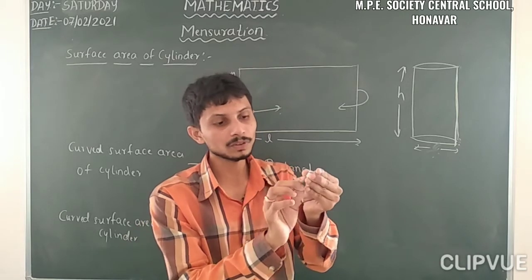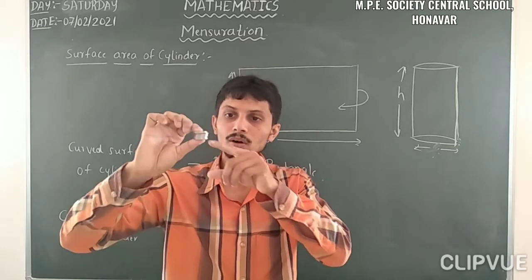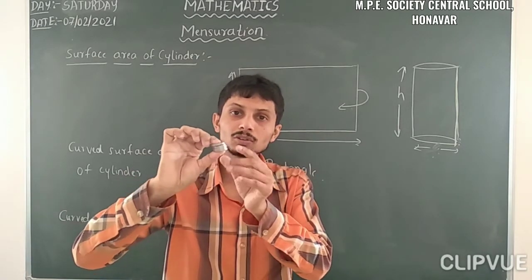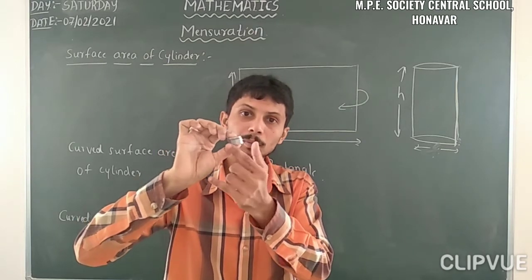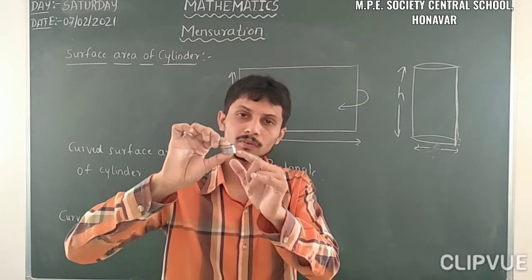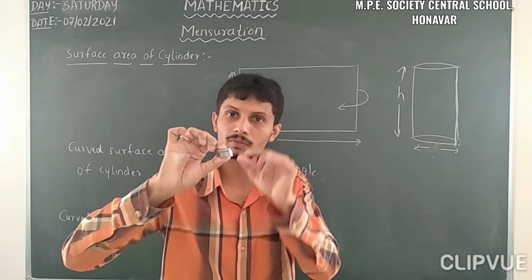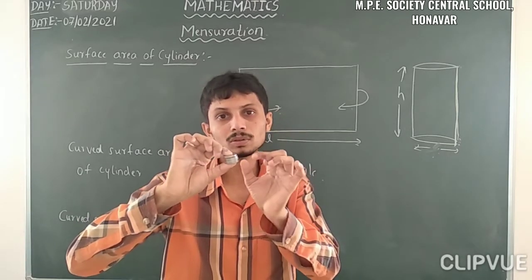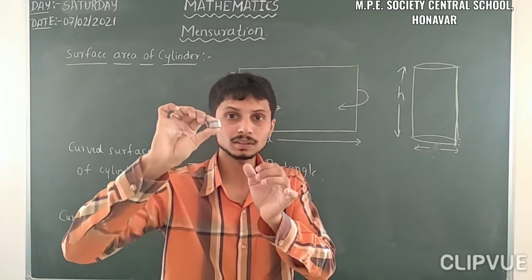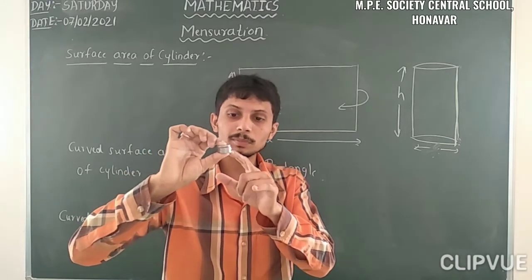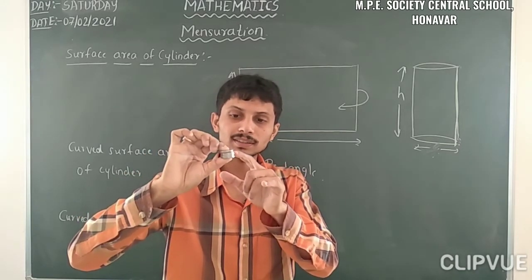Here just observe, we want only the curved surface area, only the outside part. So we have to join all the circumferences of the circles. Whatever single coin we have, we have to consider only the circumference of each circular coin. So that means there are 1, 2, 3, 4, 5, 6, 7, 8, 9, 10.